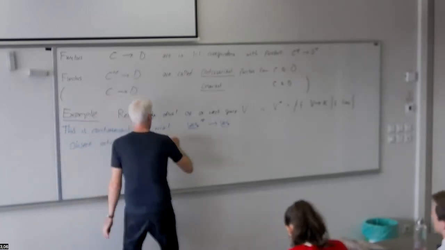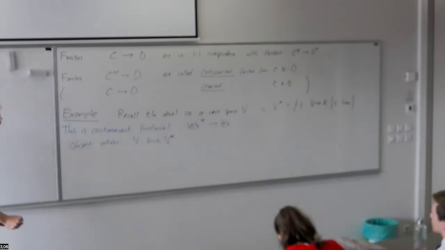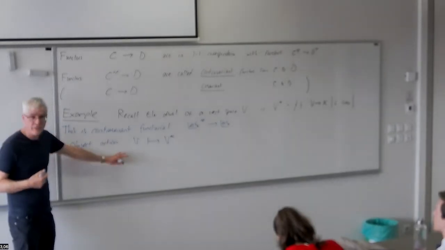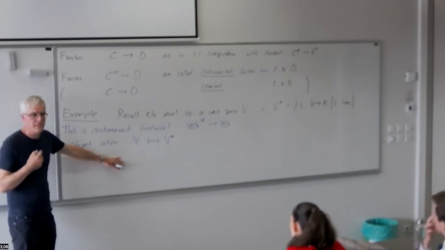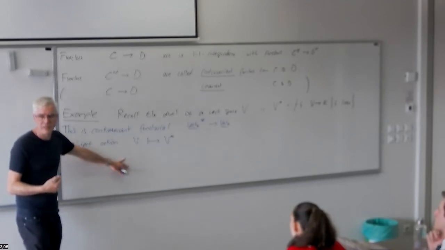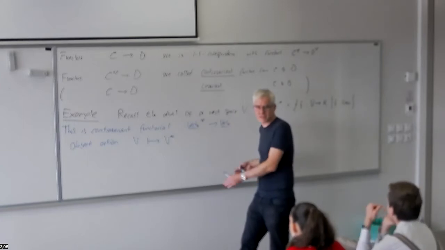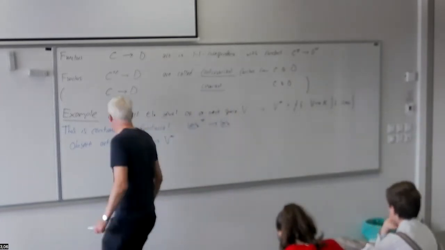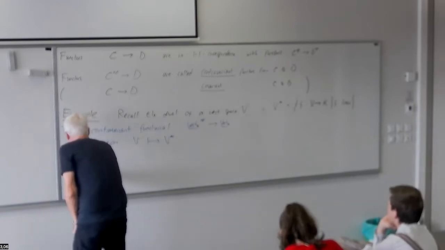So the object action, we want it to be constructing a dual, but the interesting thing is what we do on morphisms. It's not very difficult, but part of the point of the next thing, as well as to write it down, is to introduce you to the way one normally defines these in practice. I'm going to start off with something more complicated than what we write, and then simplify it to what we actually write. So in practice, the morphism action,